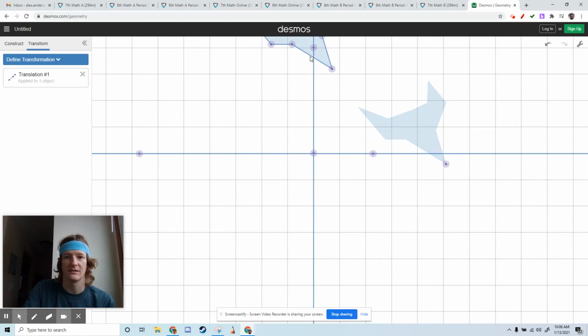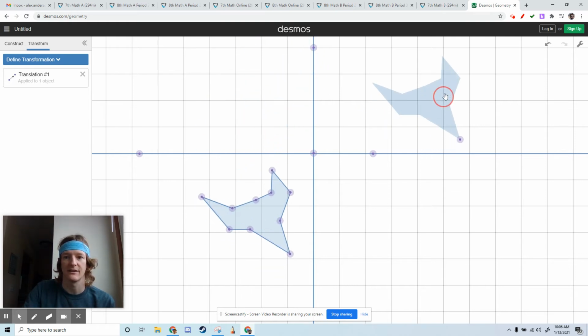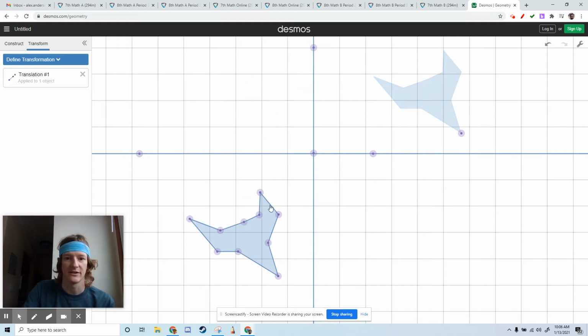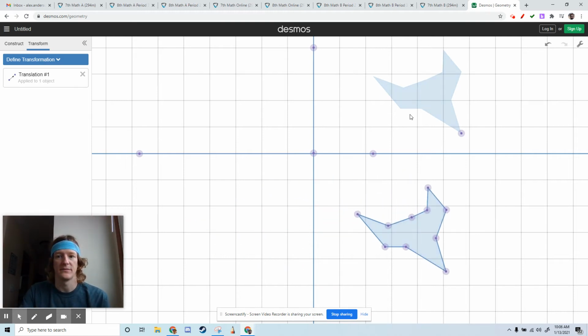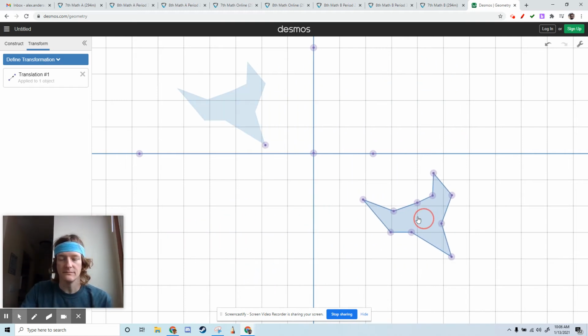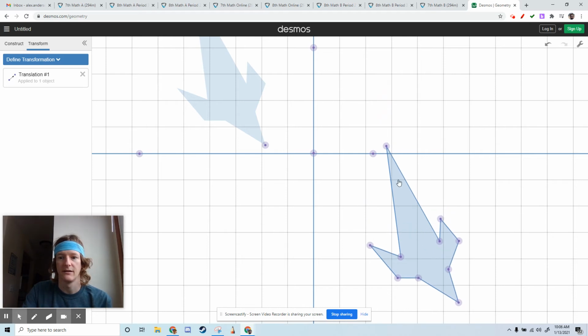So let's say instead of going down and to the right, we actually translated from down here, we go up and to the right. So I can move that around, and we can move it over here. Now our translation went up and to the left. I'm just showing what translations look like. And remember, if I change my pre-image, my image should change as well,